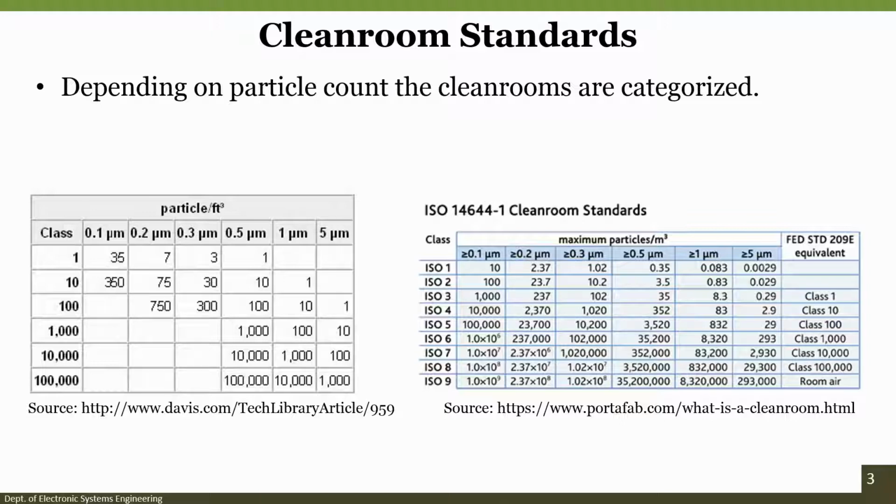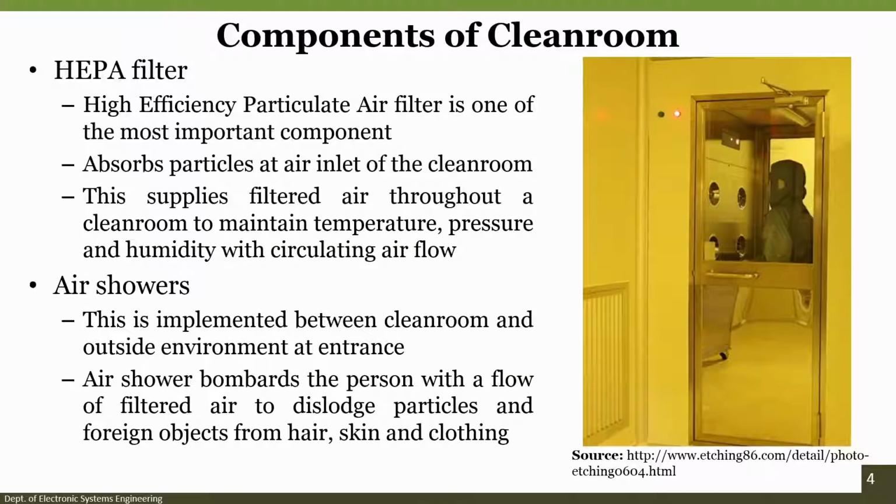So, according to ISO clean room standards, clean rooms are classified right from ISO 1 to ISO 9. Again generally class 1 falls in ISO 3 and class 100,000 falls in ISO 8, while general room air is ISO 9. Okay. So, these are the standards just for your information. Now, how is this clean room environment maintained? Okay. So, there is a filter called high efficiency particulate air or HEPA.